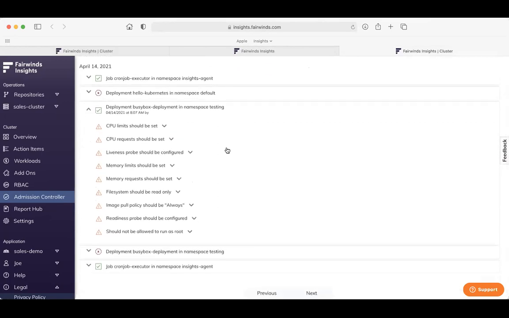A lot of organizations may not be leveraging an admission controller, but you can see that there are scenarios where deployments are entering the cluster, and there's a variety of warnings here around, hey, there's some best practices that we identify that probably should be followed. And we're going to allow this deployment in, but we're giving you some visibility around where some of these best